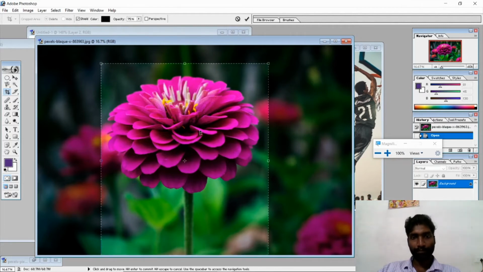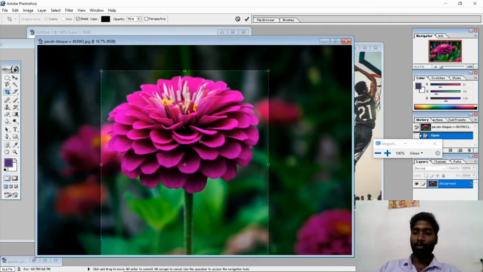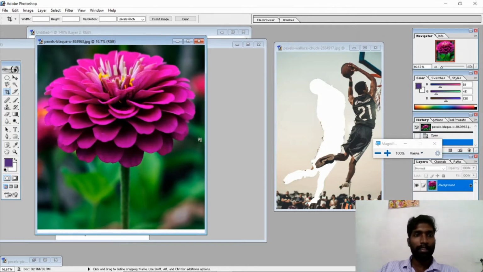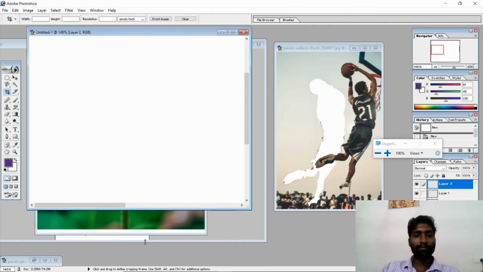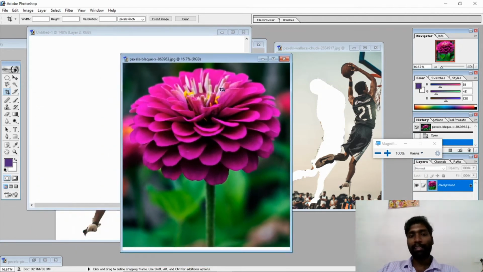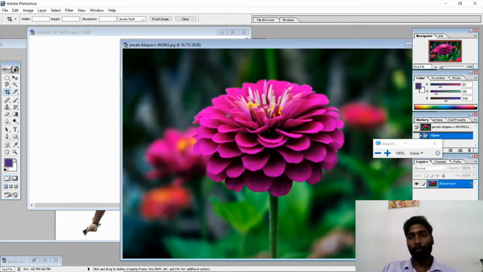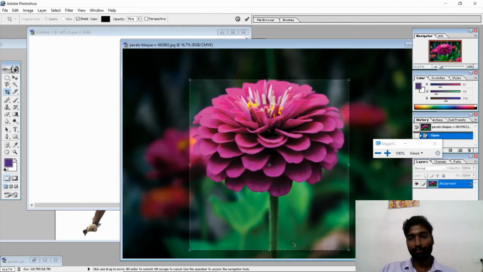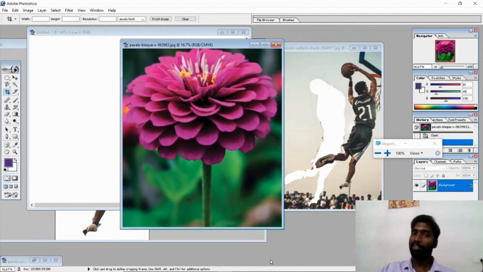Okay, after selecting the object, from your keyboard, press only the Enter button. Now see, I'm going to press Enter. What happened to the object? Now see, only the selected area is removed. Control Z. Before it was like this. When we are selecting, only the selected object is affected. No need to press Control, just Enter.